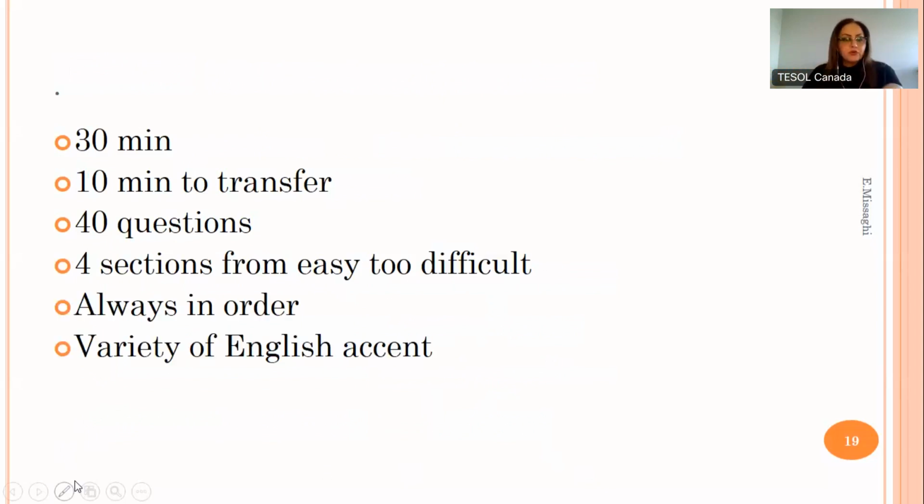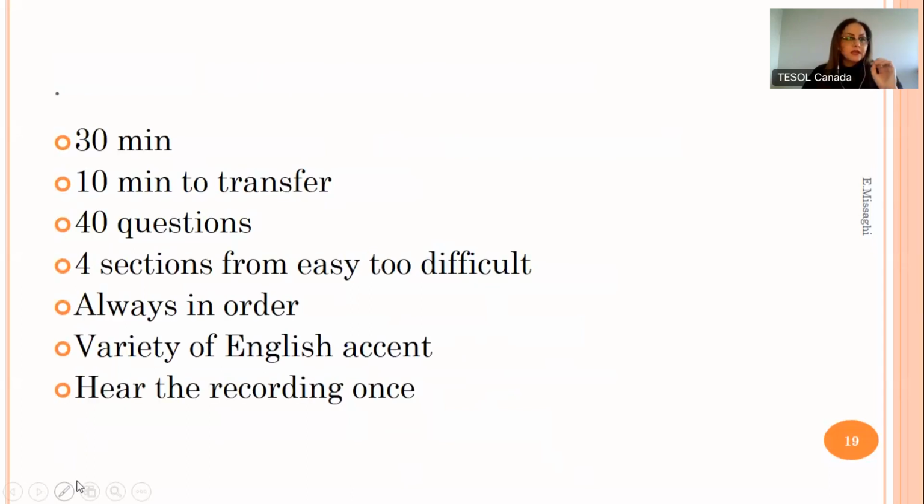And it's always in order: first a 2-person social topic, then a monologue on a social topic, then 2, 3, or sometimes 4 people talking about an academic topic, and the last one, the monologue speech. They hear it once,